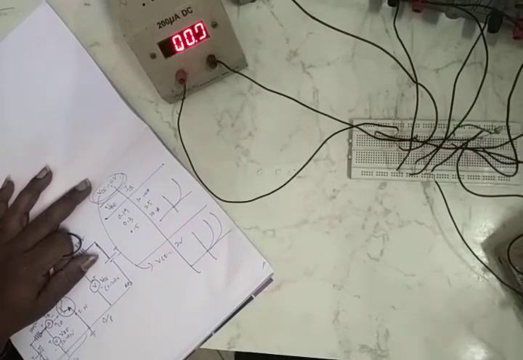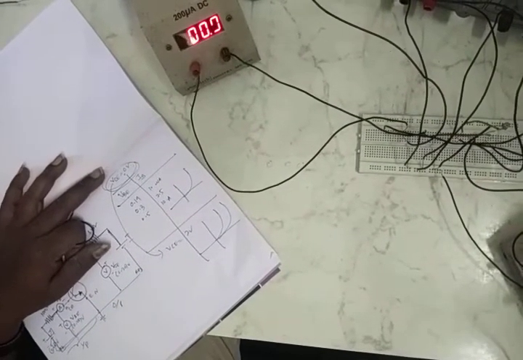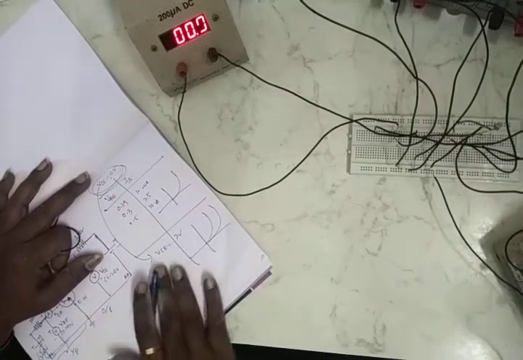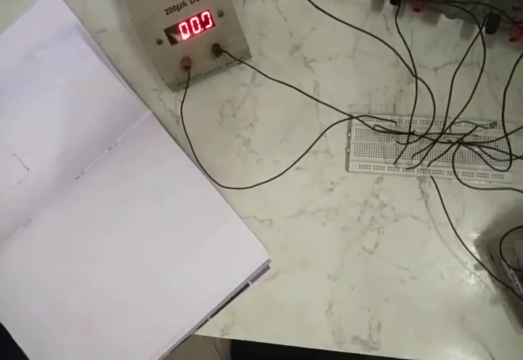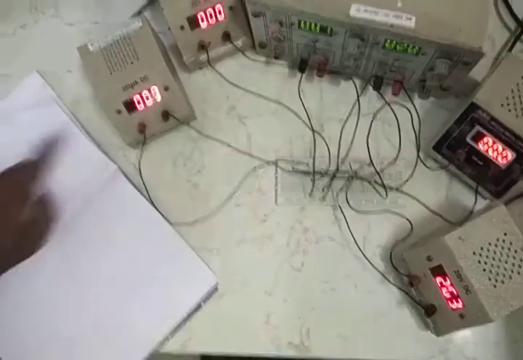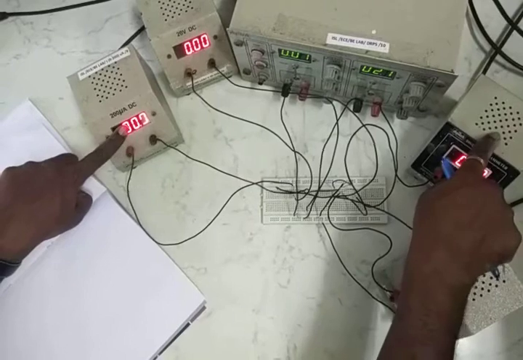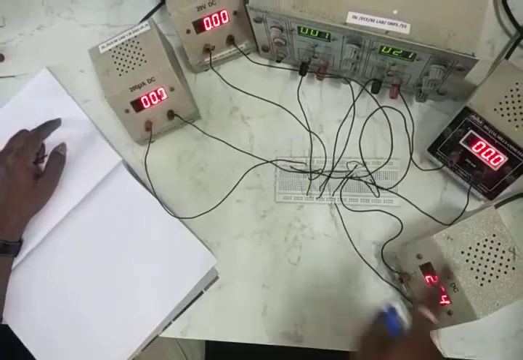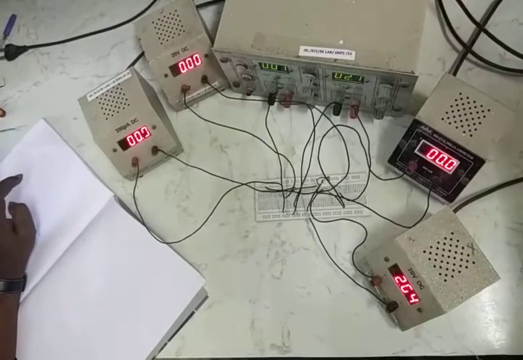By keeping output voltage constant, we will be verifying input voltage and input current. We are finding the relation between input voltage and input current by keeping output voltage constant. This is called input characteristics. And output characteristics means we should get the relation between output voltage and output current by keeping input current constant. Keep this at 0 and change this one, take the readings of these two. After taking all the readings, change this to 10 microamps and again come to this one and vary and take these readings. And this is called output characteristics.